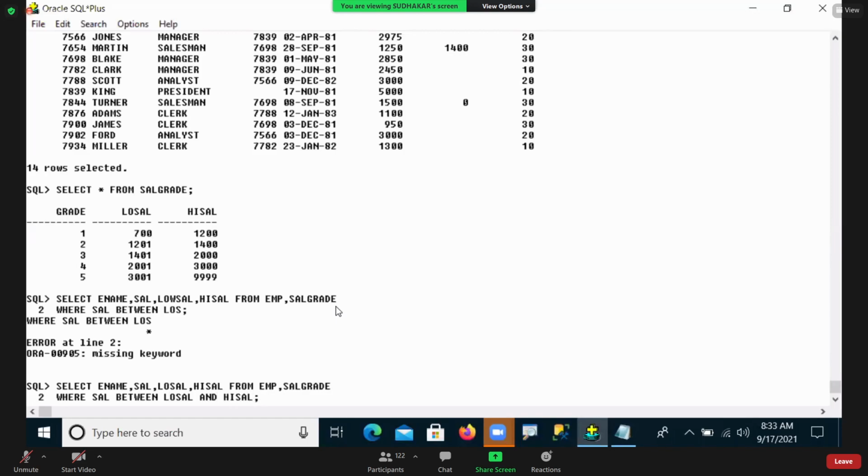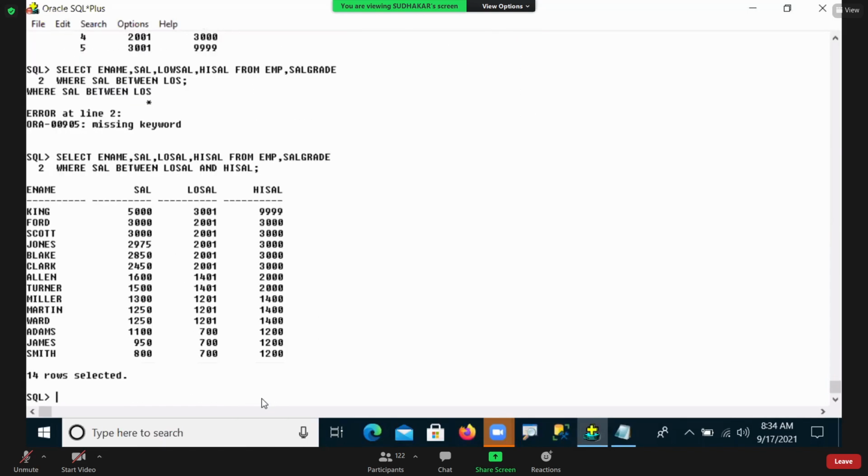Okay. So now whenever I'm using a where clause, it is non-ANSI format. An on clause means ANSI format. So now we can see, I'm using the between operator in my join condition. This is the join condition level. I'm using the between operator, but I'm not using any equal operator here. Except for the equal operator, you can use any one. That is called a non-equijoin. Okay. Now I want to execute.